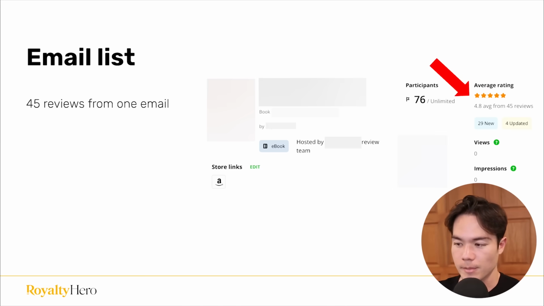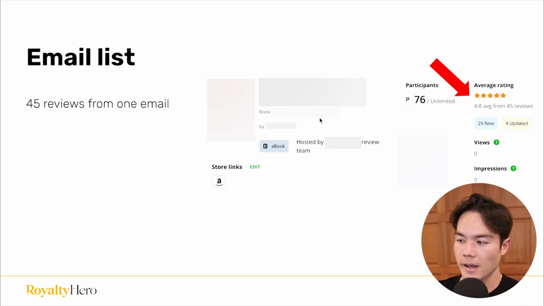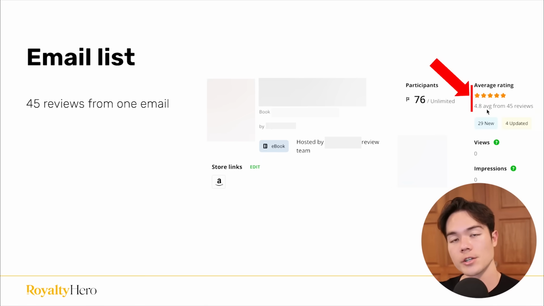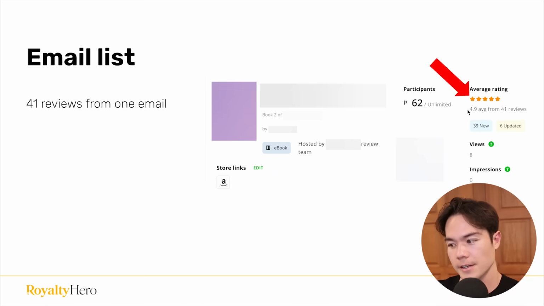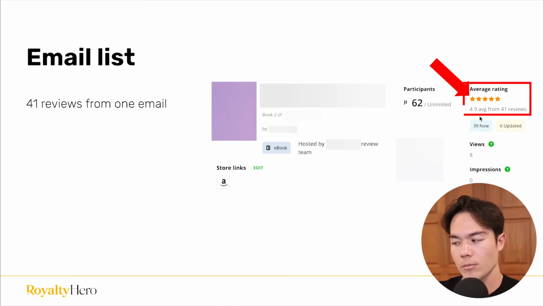As an example, this is my personal result where I got 45 reviews from just one email. And as you can see, we had 76 people sign up to get an ARC copy for my book. I have to blur everything because these are all my book information. But you can see that 76 people signed up. From there, I got 45 reviews at a 4.8 average rating just from one email because I had my audience built up. This is another one where it's 41 reviews from just one email at a 4.9